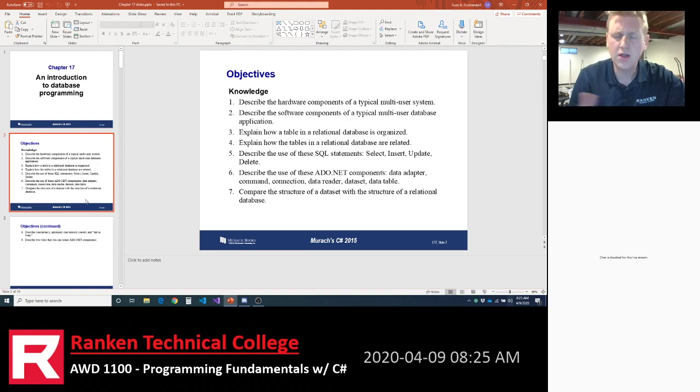So what do you use SQL for? You can use SQL to create a database. You can use SQL to create a table. You can use SQL to link tables together. You could use SQL to delete tables. You could use SQL to insert data into tables. And you can see on bullet 5: insert, update, delete, and select. Sounds a lot like those CRUD operations that are going to be part of your final project.